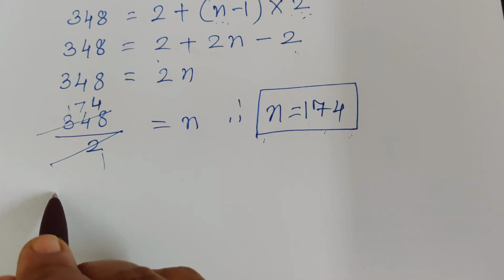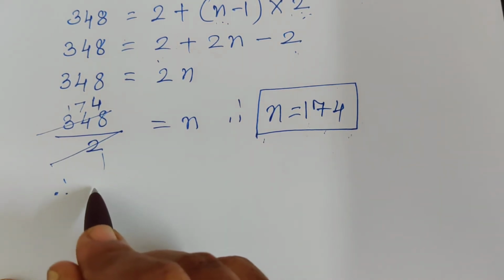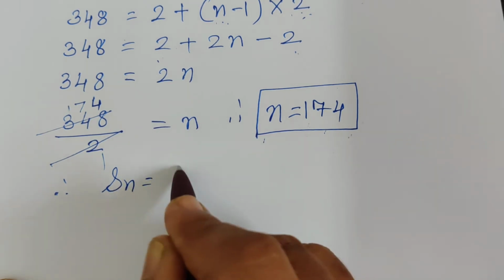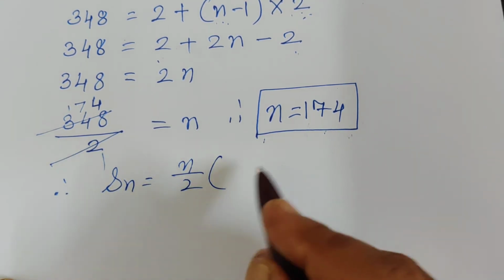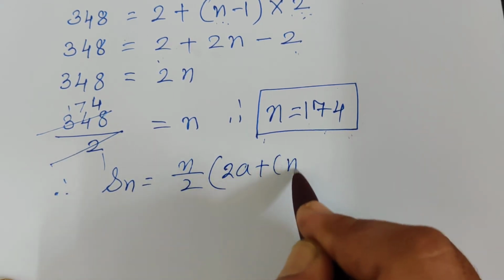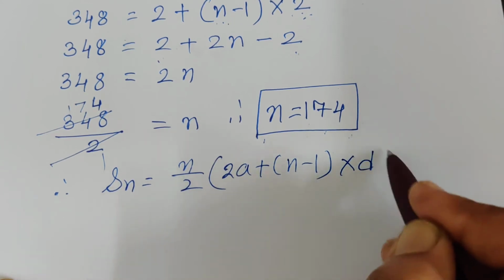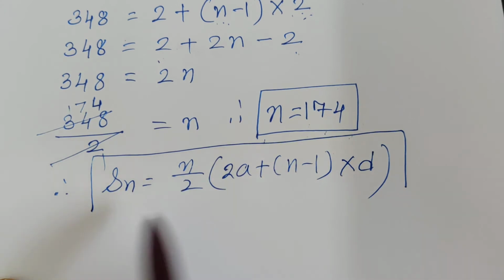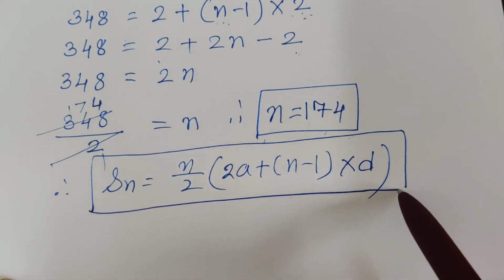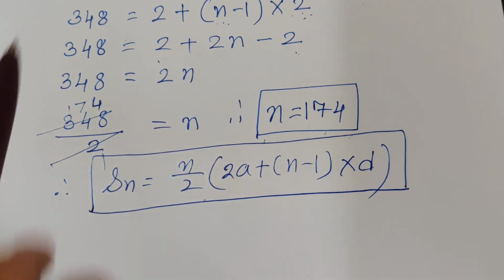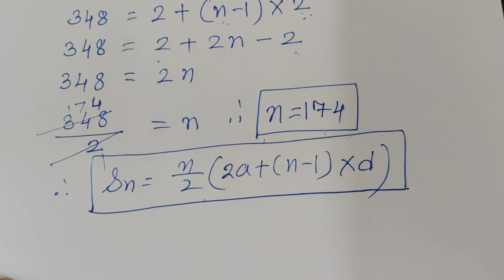The formula is Sn is equal to n upon 2 in bracket 2a plus (n minus 1) multiplied by d, close the bracket. This is the common formula, so you use this. You can use any other method, that is also allowed. But as we learned this Sn formula and one more Tn formula, we will use those formulae.